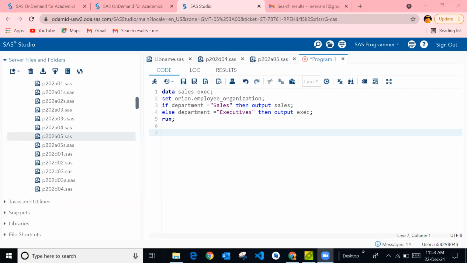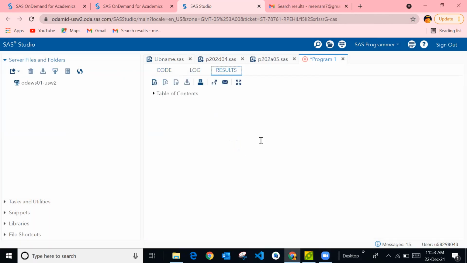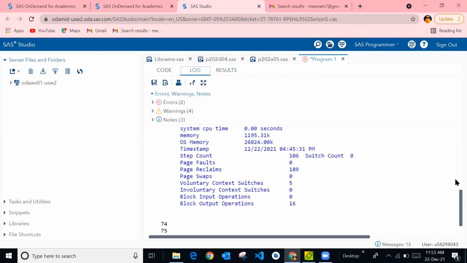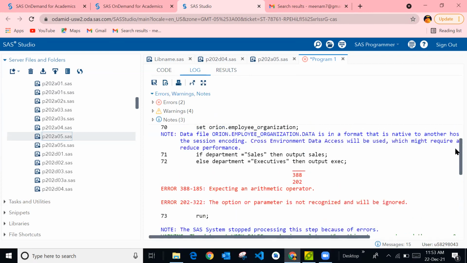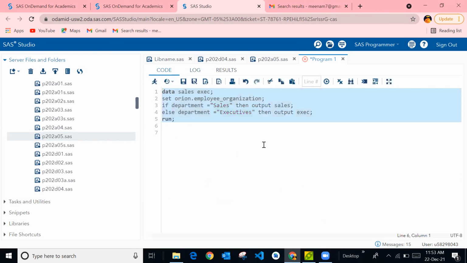Did you see my screen? Yes. Here, I was using an arithmetic operator. Then output you have given. Yeah, this is then output.